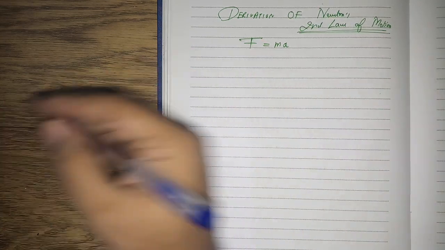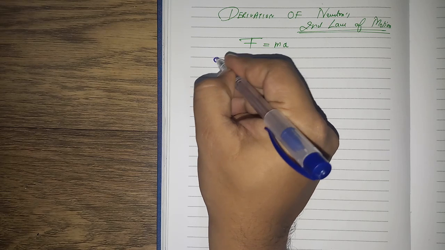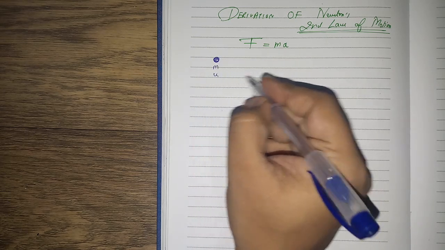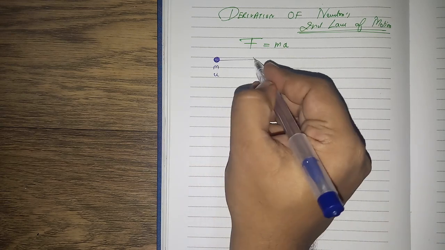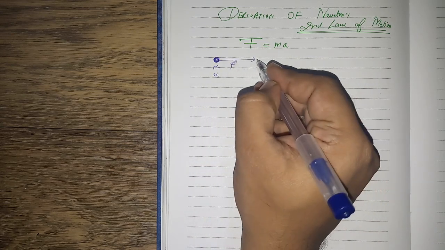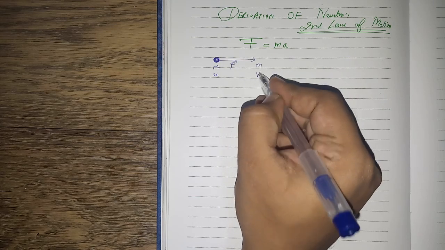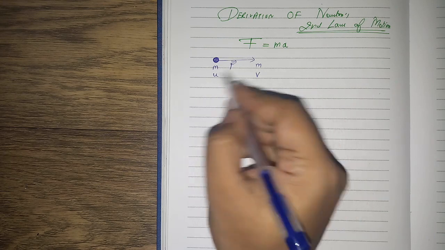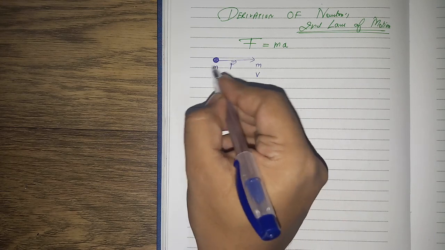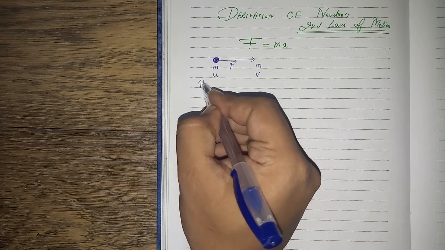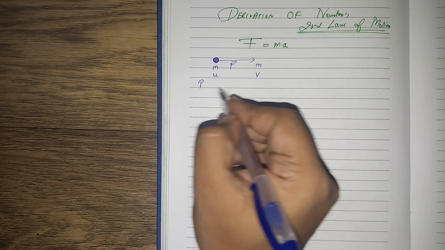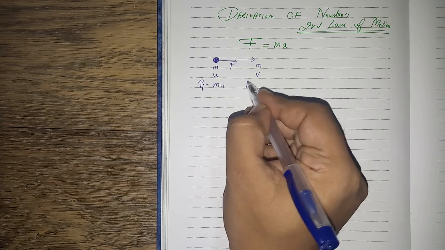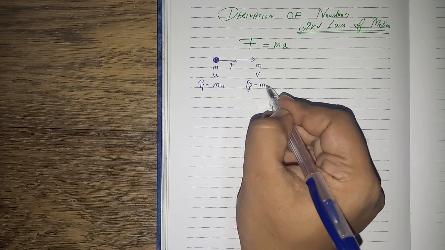It just states that if there is an object, suppose it has a mass m and initial velocity u, and we apply a force on that object, the mass remains the same m, but its velocity changes to v. So the change in momentum, okay, what would be the initial momentum of this body? You know what momentum is? Mass into velocity, right? So initial momentum will be mass into initial velocity, and final momentum will be mass into